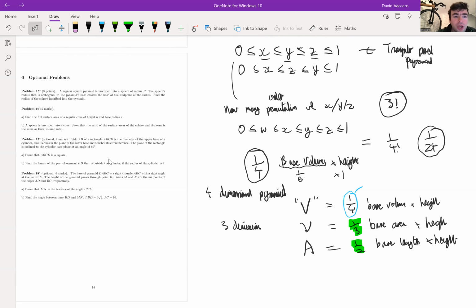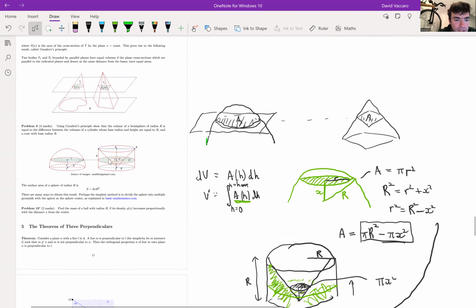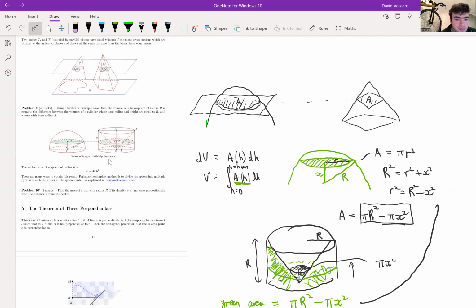Just before we go on to the optional problems, there is one thing I want to do. So have a look at the optional problems while I'm doing this next little bit, and then pick the one which looked best, and then I'll try and go through that one in the time. But before I do that,